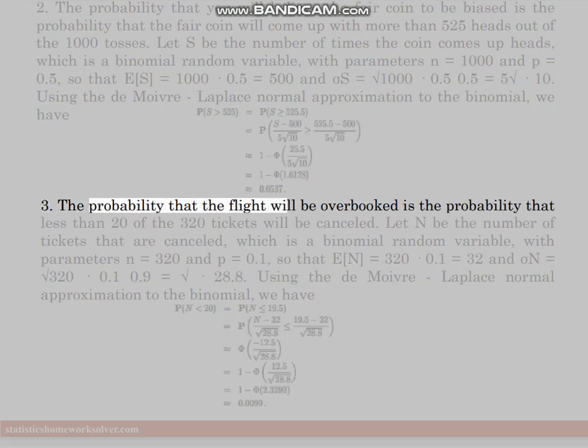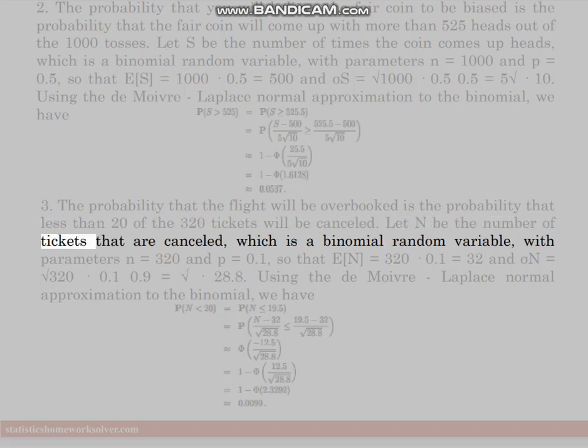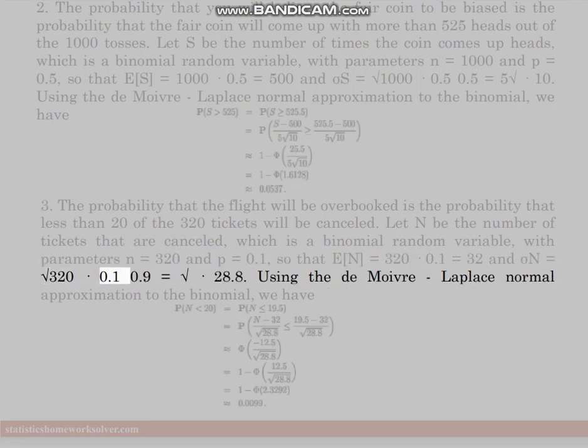3. The probability that the flight will be overbooked is the probability that less than 20 of the 320 tickets will be cancelled. Let N be the number of tickets that are cancelled, which is a binomial random variable with parameters n = 320 and p = 0.1, so that E[N] = 320 × 0.1 = 32 and sigma_N = square root of (320 × 0.1 × 0.9) = square root 28.8. Using the de Moivre-Laplace normal approximation to the binomial, we have